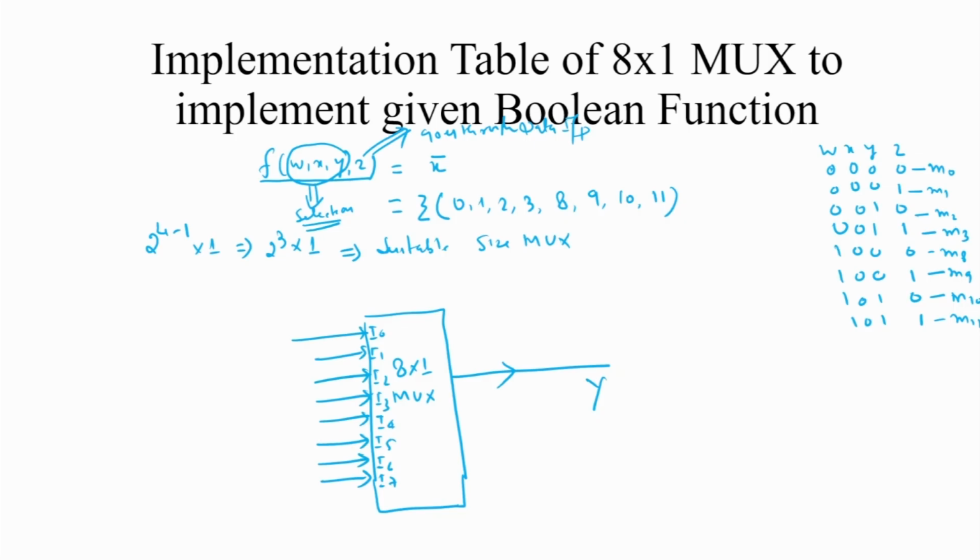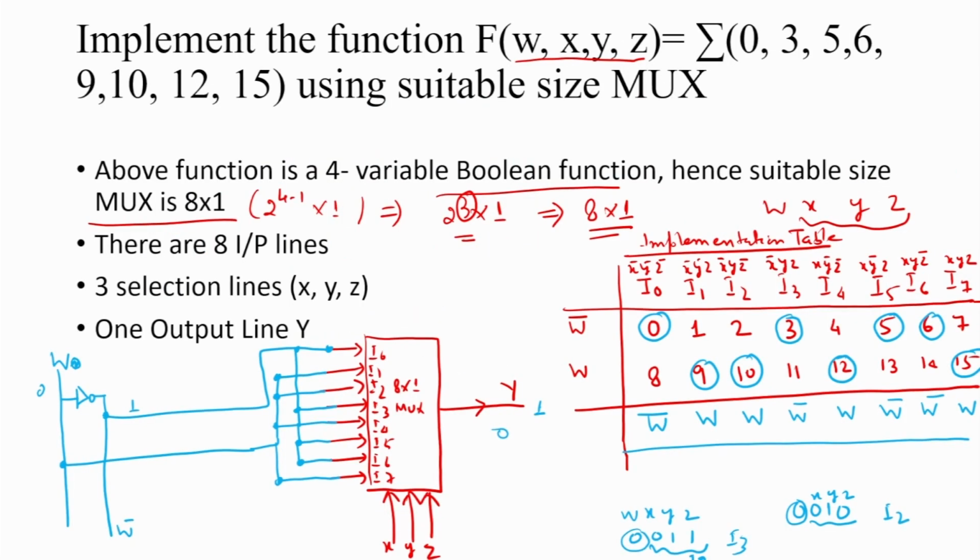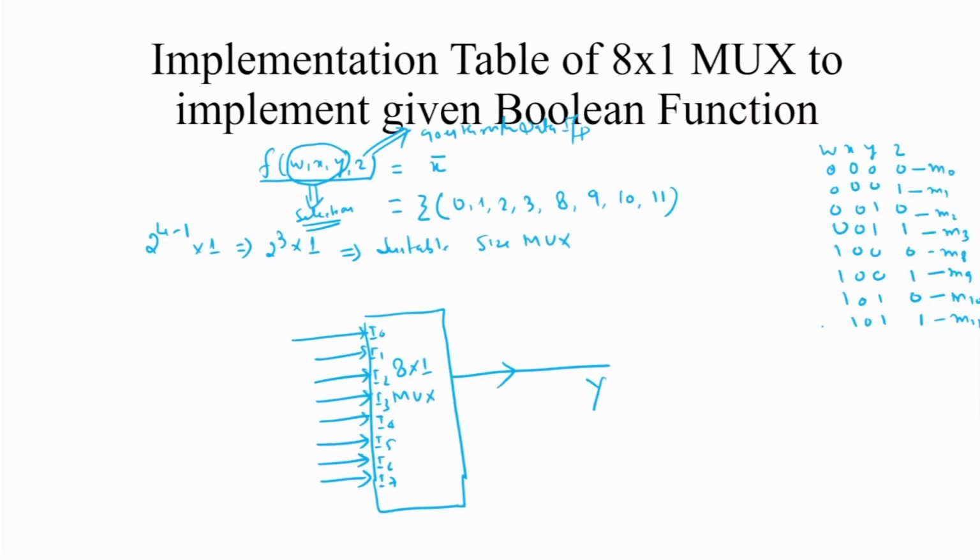In the first case, like here, we take the most significant bit as the data input and the rest of the 3 least significant bits as the selection lines. Here we take another example in which we take the first 3 most significant bits as the selection